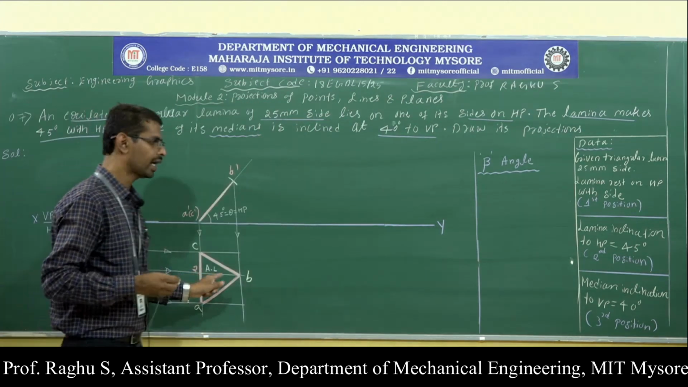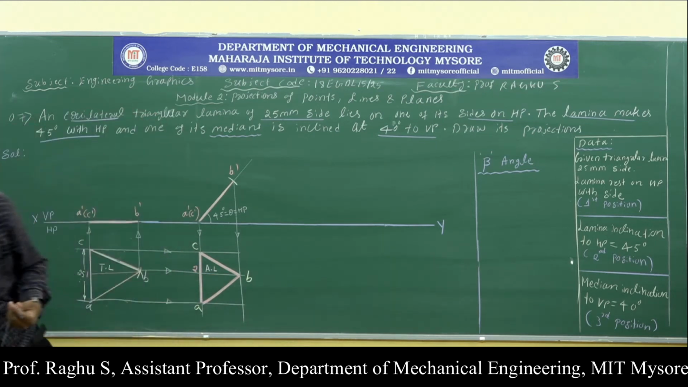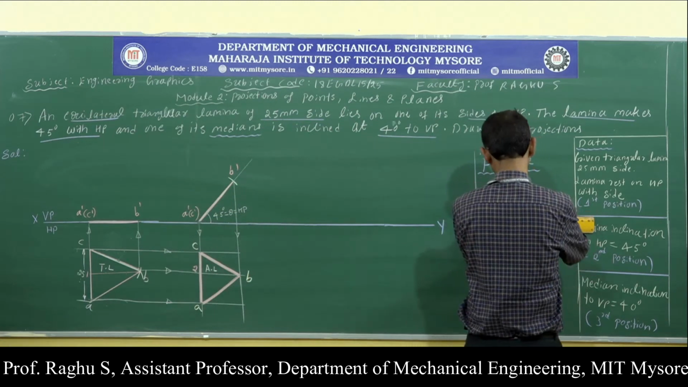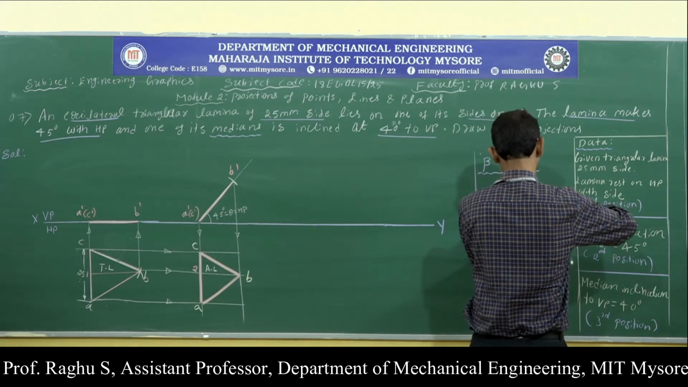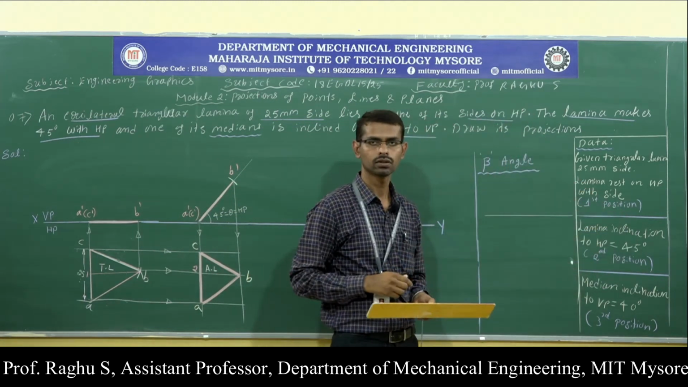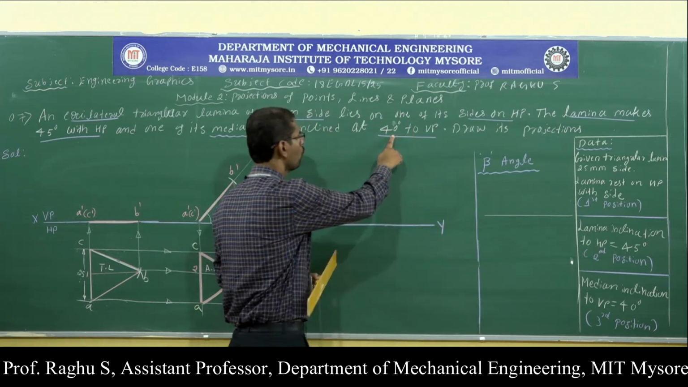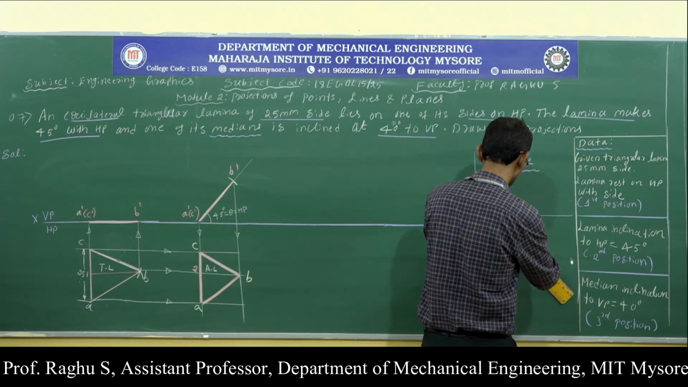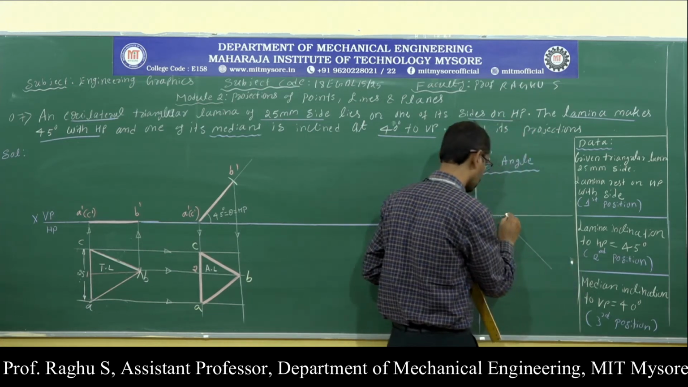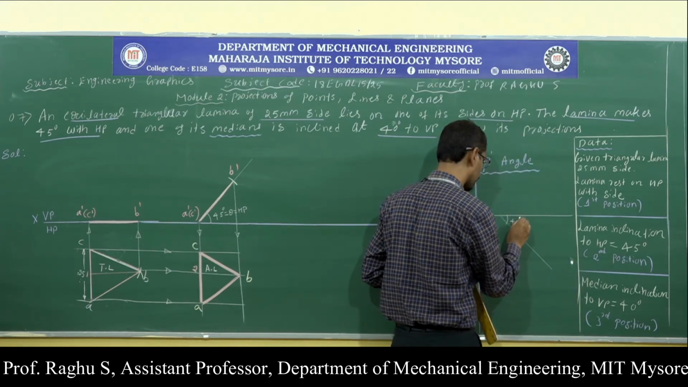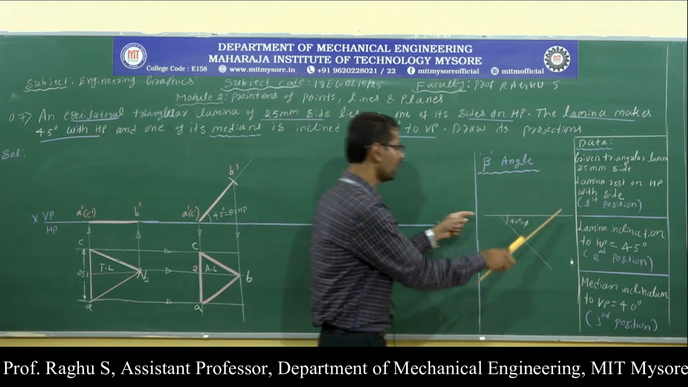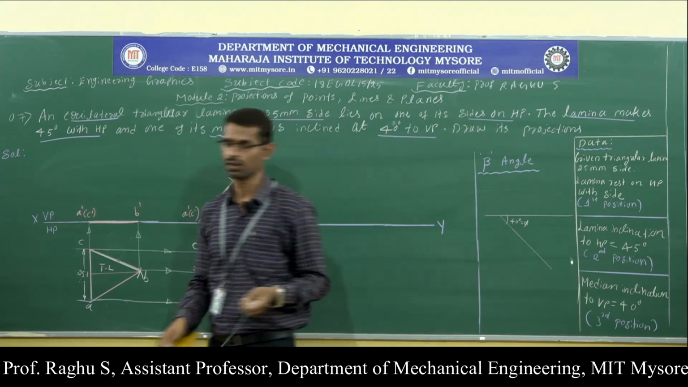So to find the beta angle, the procedure is like this. First draw a horizontal line. Next, draw a 40 degree line with respect to VP, angle phi. First just draw the horizontal line, next draw the 40 degree line at any length. Next,